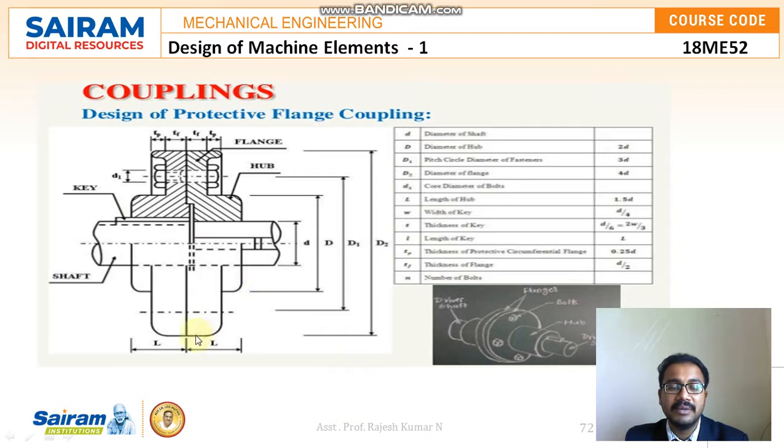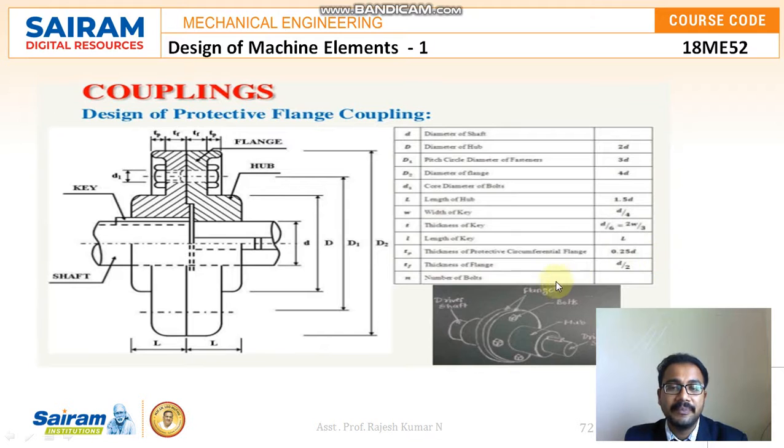and small d1, you can see this. This is nothing but the core diameter of the bolts, and the capital L is nothing but the length of the hub, which is 1.5 times the diameter of the shaft, and W is nothing but the width of the key, and T is nothing but the thickness of the key, and L is nothing but the length of the key. So all these things we can find out using the formula. For W it is D by 4, and for the thickness it is D by 6, and for the length